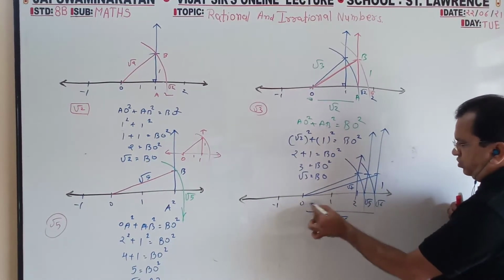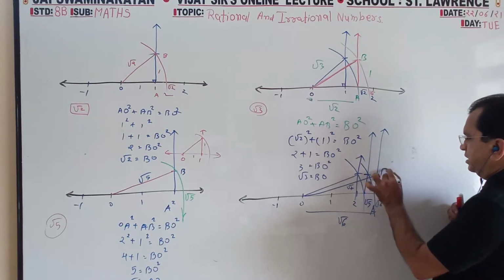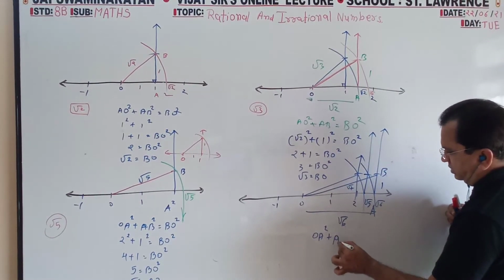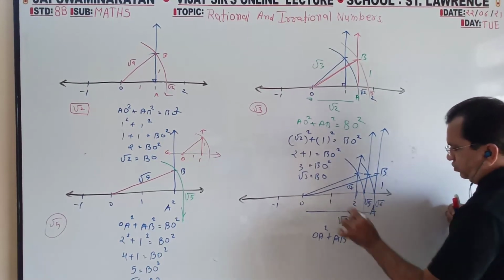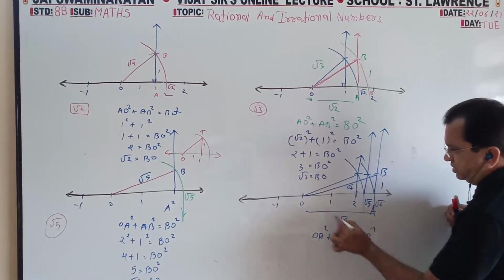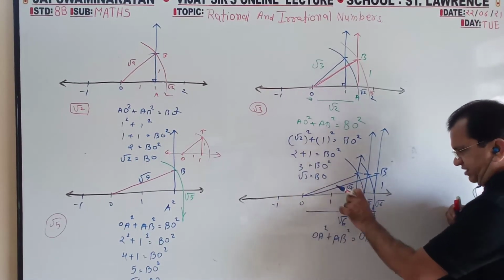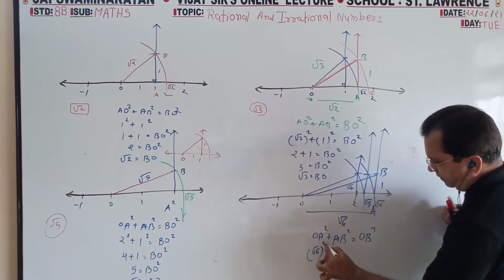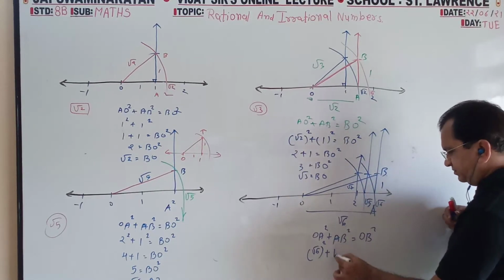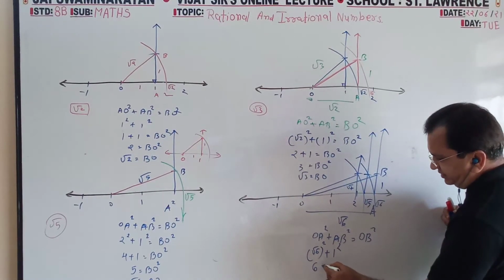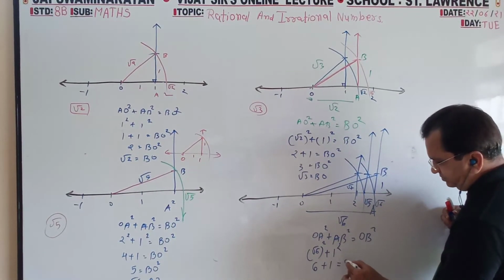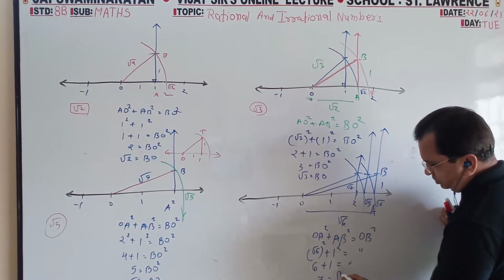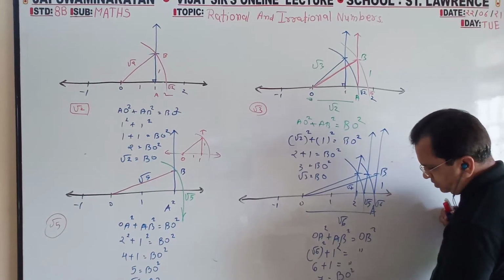How? OA square, AB square, OB square. Now this time we have taken root 5, root 6. So root 6 is the last. Height is 1. Root 6 square is 6. 1 is 1. 6 plus 1, 7. It is BO square. So BO,